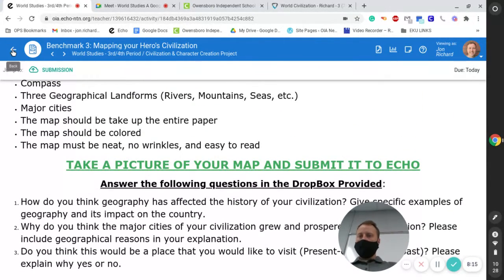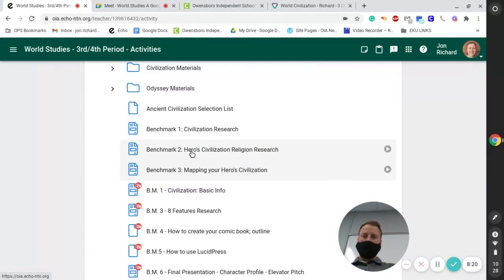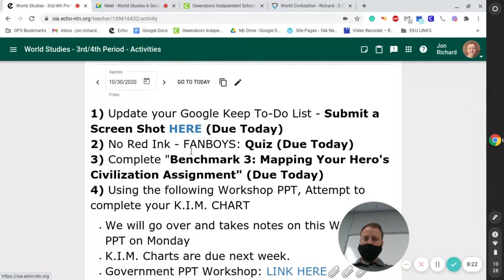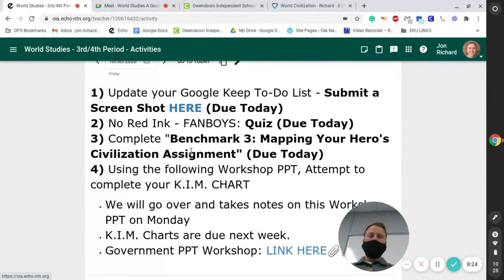So if we go back to our agenda, let's talk about what we're doing today. Number 1, make sure you submit your Google Keep. Number 2, take your NoRedInk quiz. Number 3, complete your benchmark 3, what we just talked about. And number 4, use that